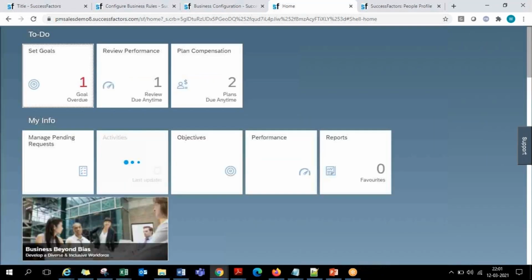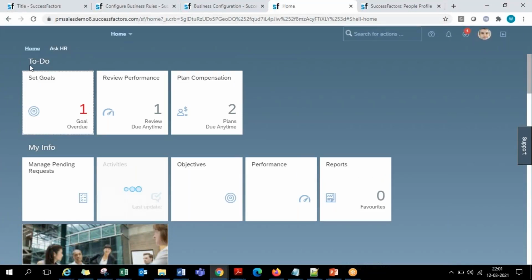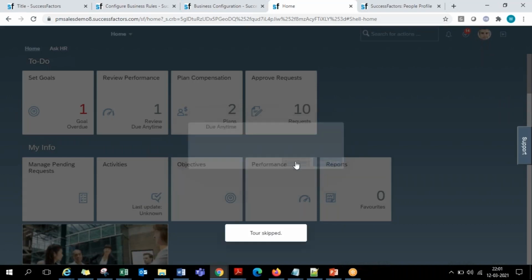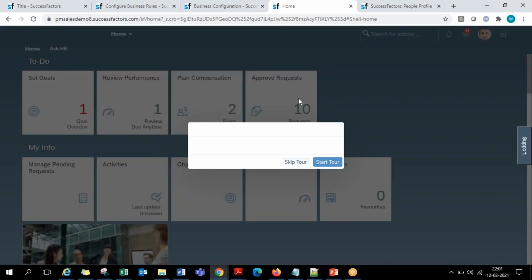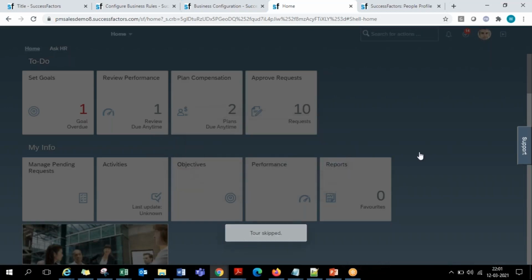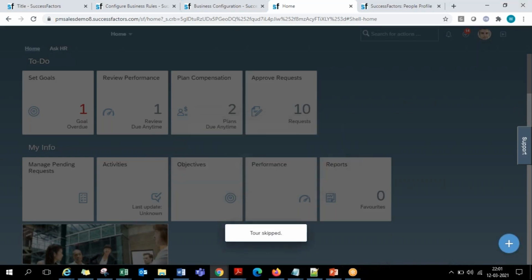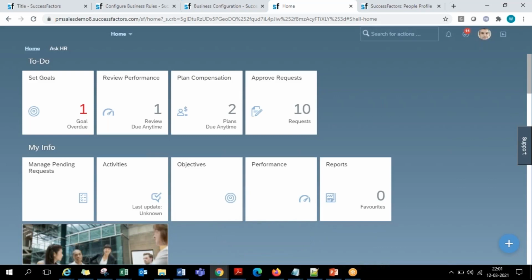So in his login, first of all, in the email, he will receive an email notification, and also in the SuccessFactors system, under to-do list, there will be one tile that comes up here in the name of approve requests. Here, approve requests. One second, guys. Somebody has configured this, guys. Approve request as a tile comes up here.